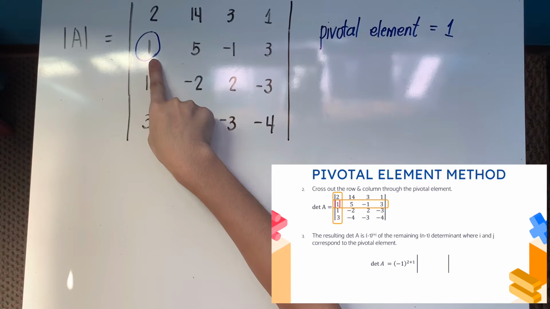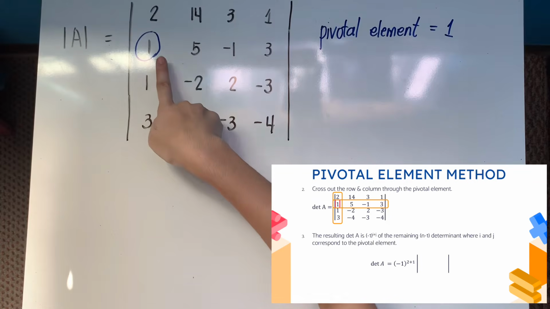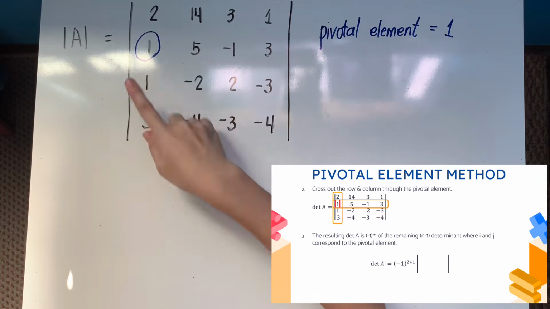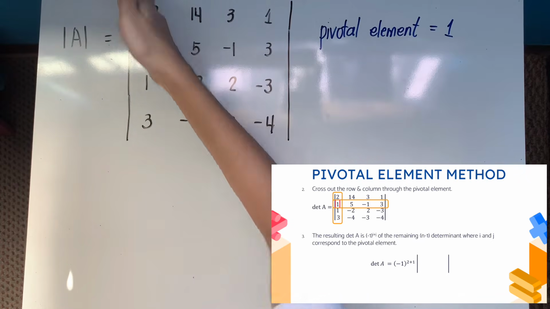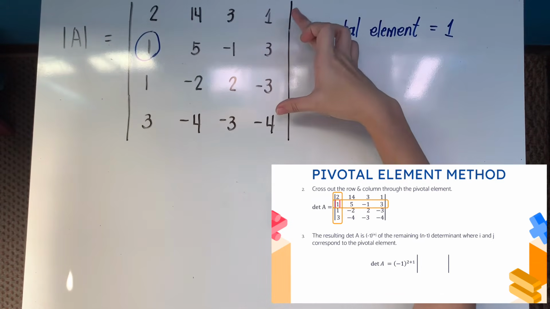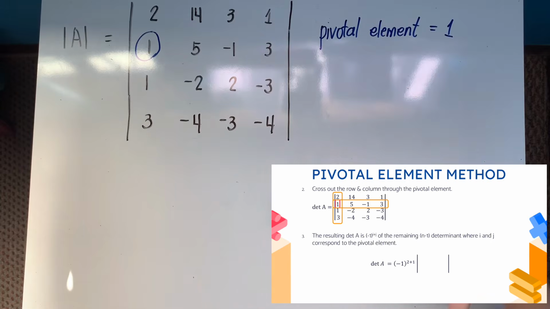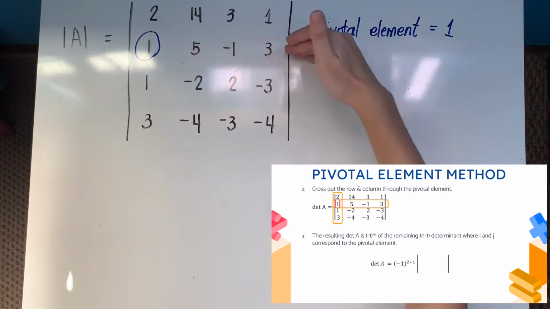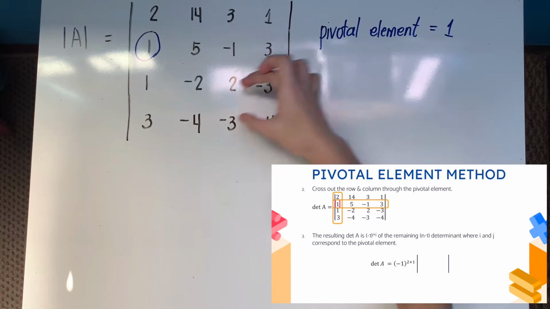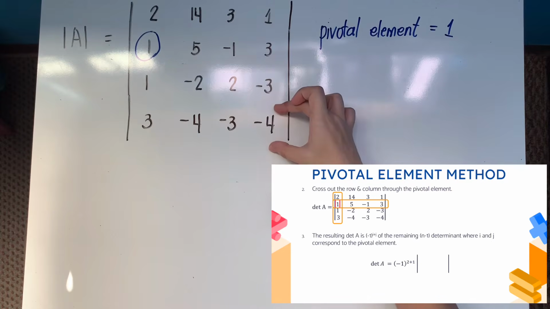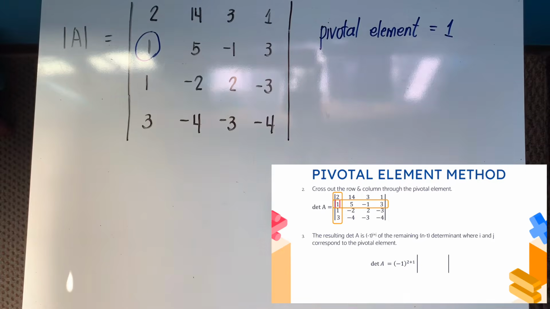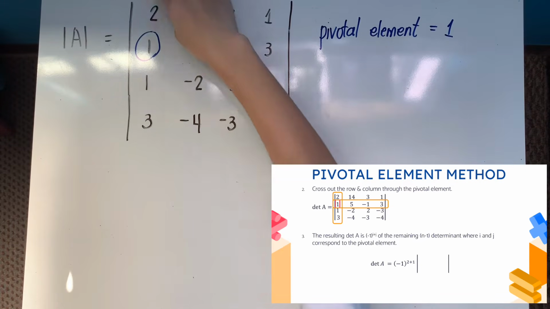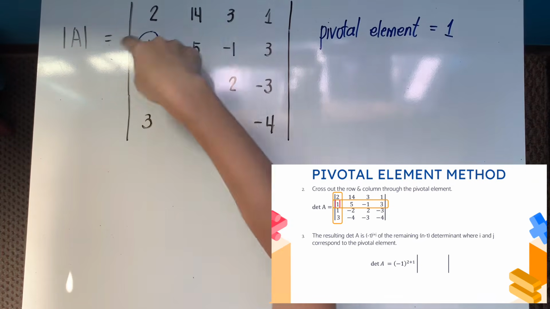Now, what are we going to do? Upon choosing your pivotal element, you have to cross out the row where it is included and the column where it is included. Thus, from a 4x4 determinant, magiging 3x3 na lang siya. Ibig sabihin, may matitira sa ating itong tatlong rows na to. Correct? But, when we're solving, we are going to make use of the columns and the rows that were omitted